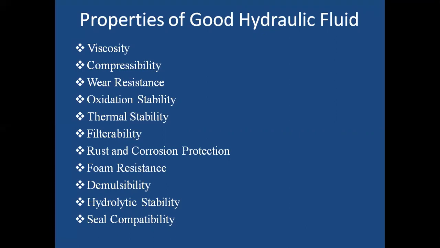The next comes oxidation stability. To maintain the temperature in this regard, anti-wear agents are added. If that is added, the level of thermal stability is maintained. For example, the oil flows in a tube. If the oil goes on flowing, there is a chance of the temperature increasing. When the temperature increases, the oil also gets heated, and some impurities are formed, as well as the hoses getting damaged. Due to this damage, a leakage problem occurs. So we must use